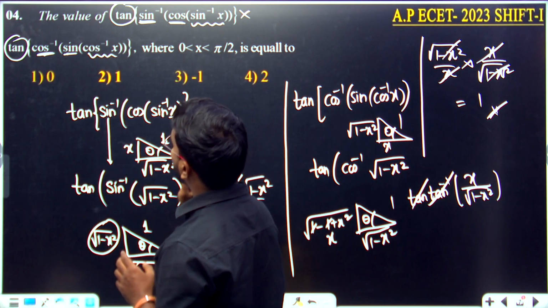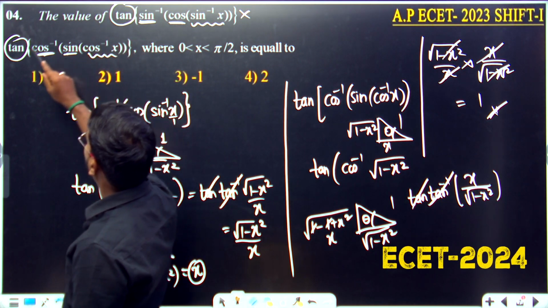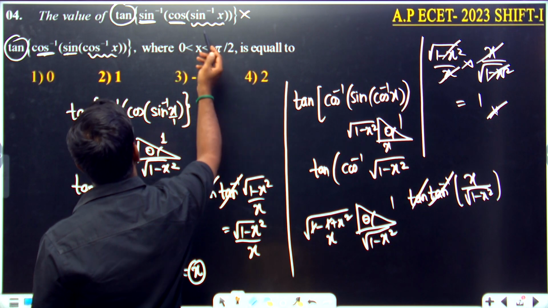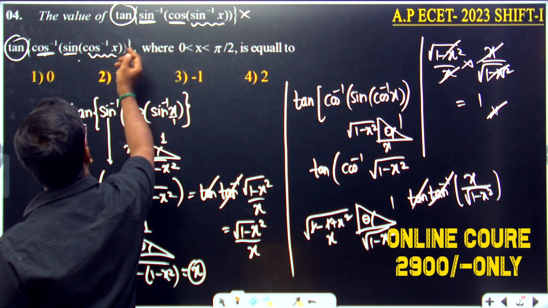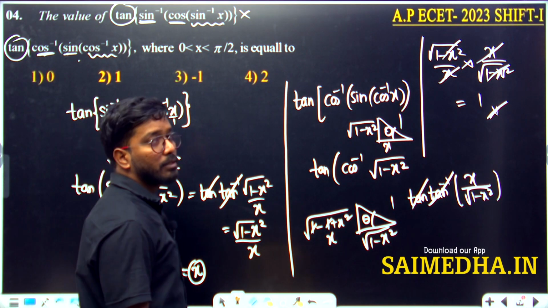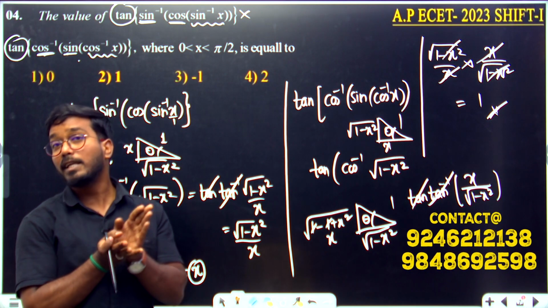If I am going to tell you the answer should be equal, tell me what to do. Here, in place of tan, what should be there? Cot should be there. Right? If everything is getting reversed, sine inverse, cos, sine, cos, so tan here should be given cot. Then the answer would be equal. If the answer is becoming equal, then we can frame the question in division, right?